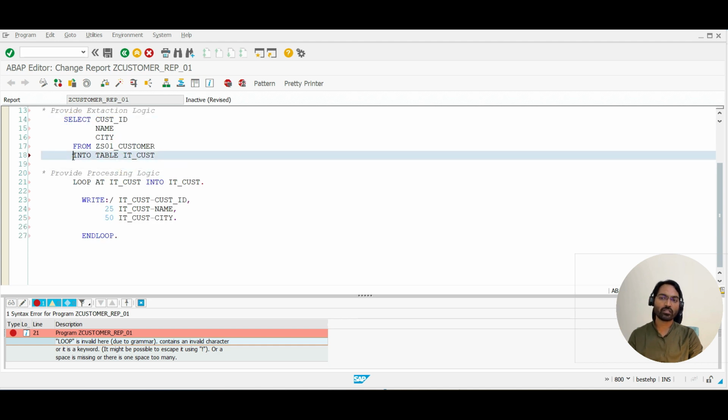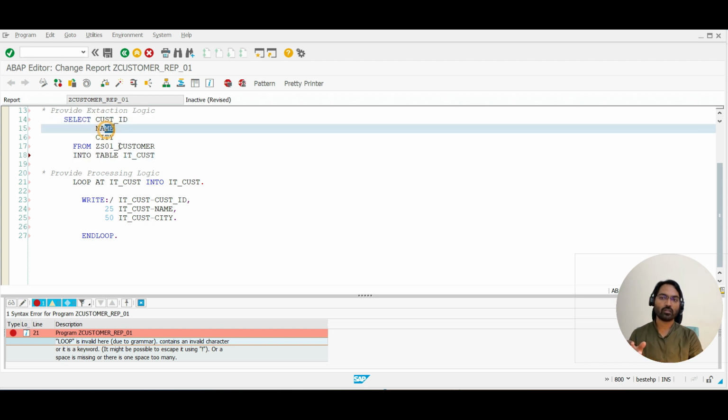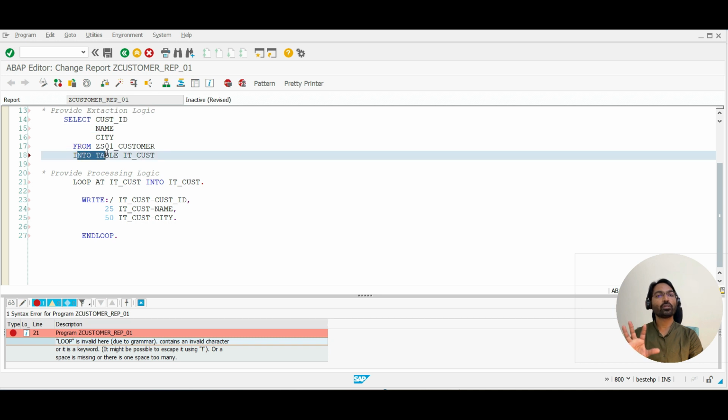But here, actually, this into table, the keyword which has been introduced by SAP, those will always be in blue color. And the keyword which we explicitly write, those will be in black color. So with this blue and black, you will get to know that blue is a standard keyword given by SAP, and black is what we write on our own as custom. So all these are custom, right? So actually this should be into in blue color, but we are not getting it in blue color. See,